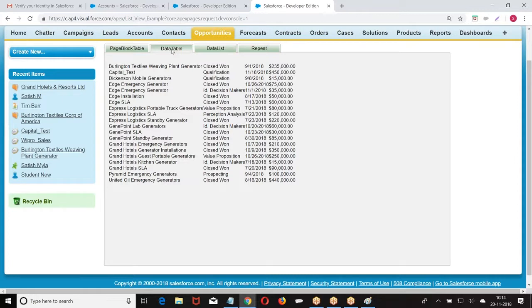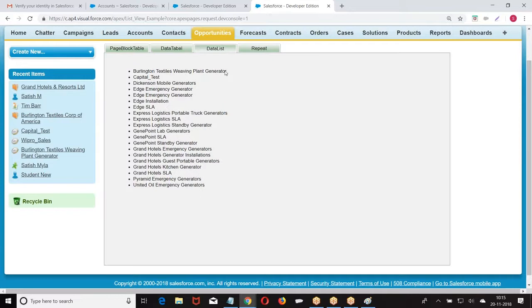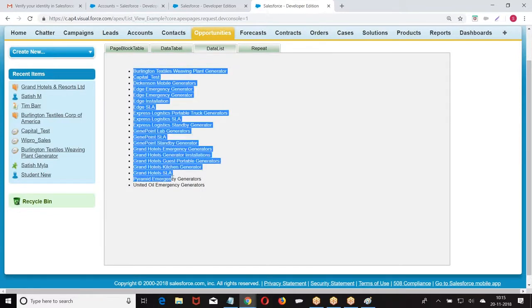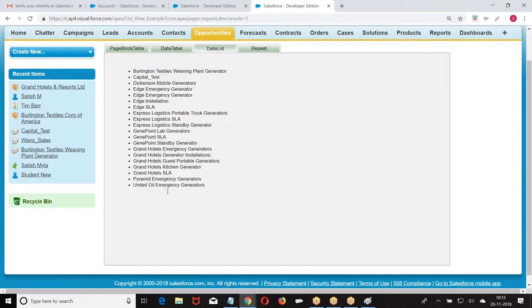Data table is giving a list of records, but it is not giving you the look and feel of Salesforce. Now how is the data displayed? Column wise. Data list. How is the data displayed? List. It is a list of records.